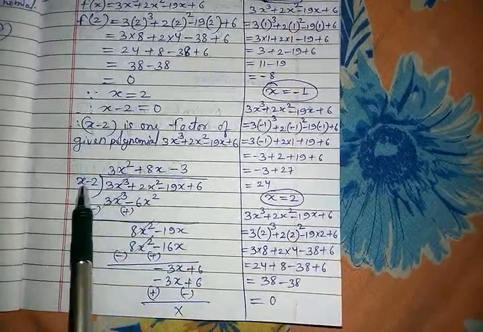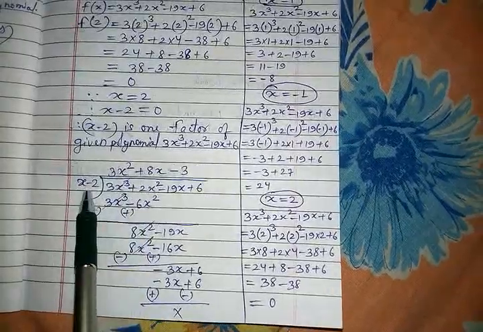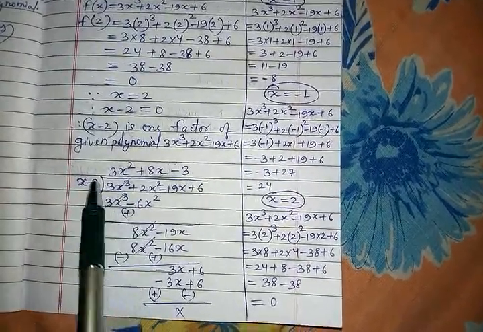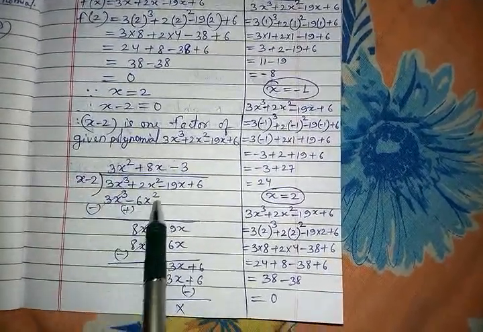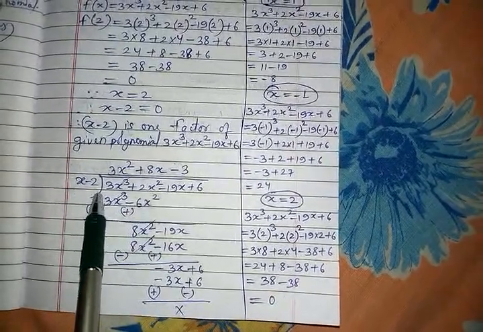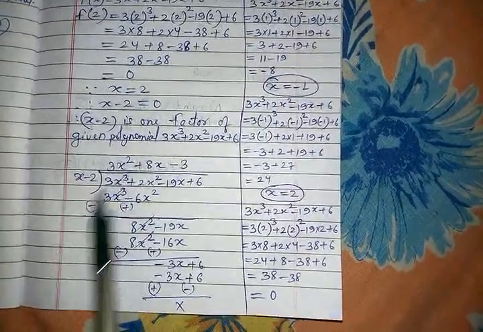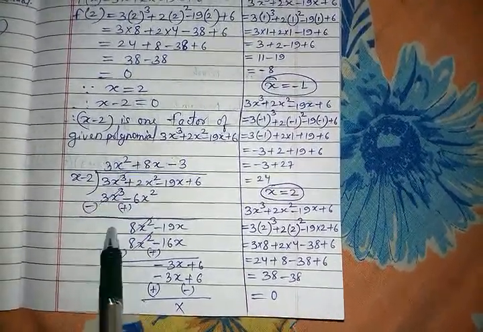And when I multiply for the first, the second one is automatic. 3 2s are minus 6, minus here because minus into plus is minus. 3 2s are 6x square. Now I will subtract. After subtracting, what happens? Plus becomes minus and minus becomes plus. So plus minus will get cancelled. To cancel only, we were targeting to make them equal.